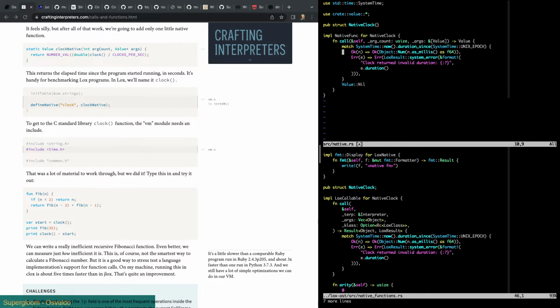Do this here, and we have object num as Ok, value, number, error. Ooh. I guess we would just panic. Can't get system time. Good enough.